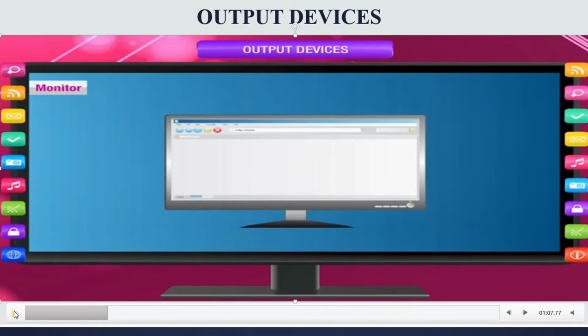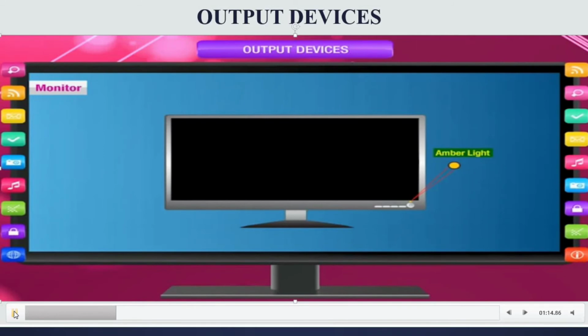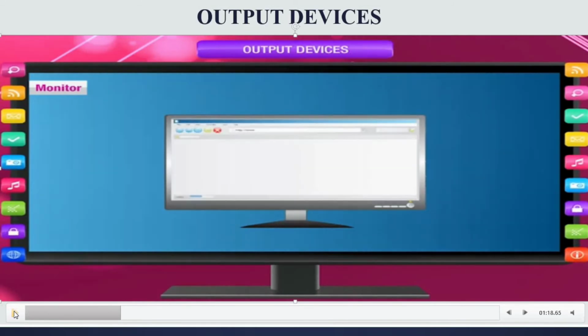So the monitor is an output device, and the monitor has an on off button. A monitor has an on off button that I am showing here, with an indicator light, the amber light. It shows whether the computer is on or off. The amber light indicates the computer is off or in sleep mode.